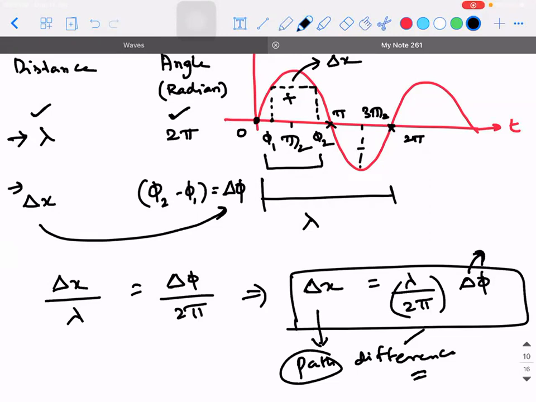So if I put a question in reverse, for example, I'll ask you, what is the path difference between the points where their phase difference is 2 pi? Listen to the question carefully. What will your answer be? Let's say just fill in the blank. Lambda. So one wavelength is the path difference between the points whose corresponding phase difference is 2 pi. That's it. Okay. So these are the basics.